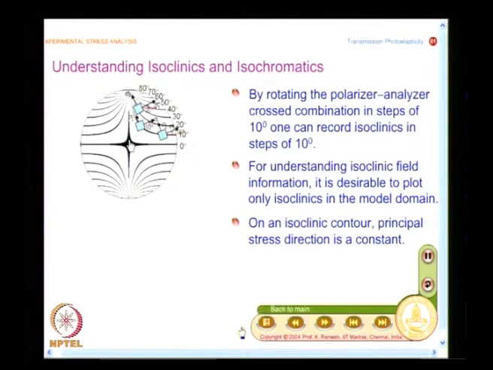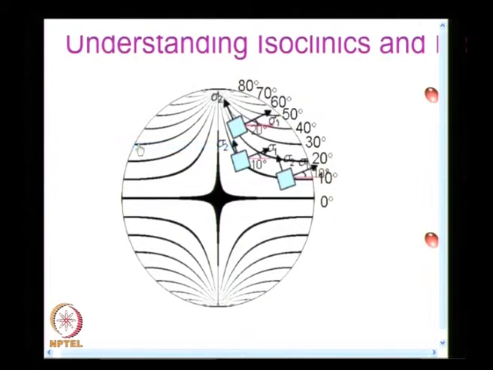And what is shown here is an isoclinic labeled as 10 degree isoclinic. What you find here is that sigma 1 and sigma 2 can have different magnitudes, but their orientation remains constant in this isoclinic. And if I go to a 20 degree isoclinic, the angle becomes 20 degrees. And this you have to extract data by